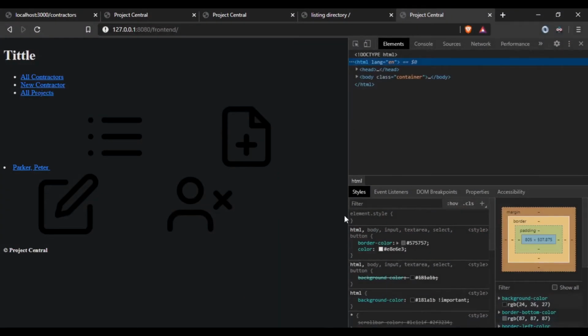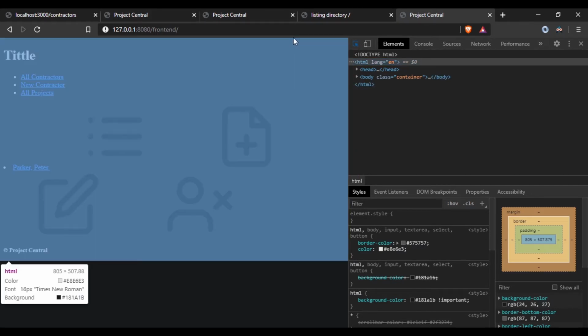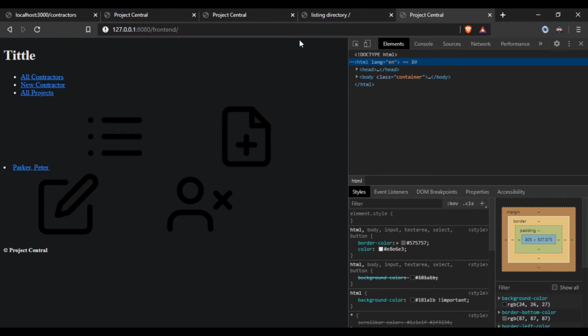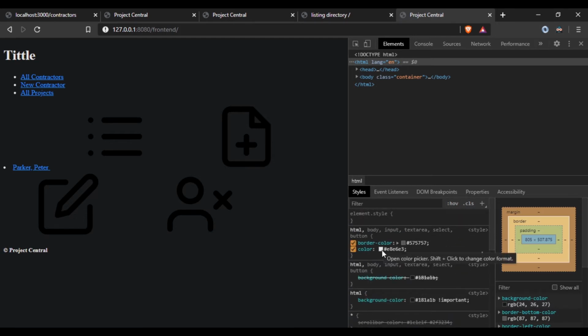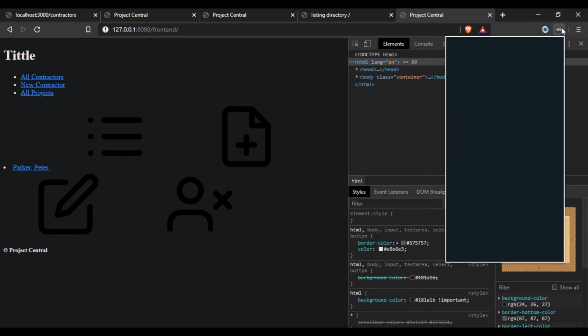And I want you guys to check out, we're gonna select the whole document, right? So you see border colors. These colors are auto generated. The white color, like for example, if I turn this off,